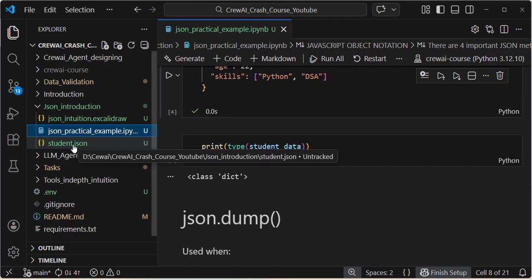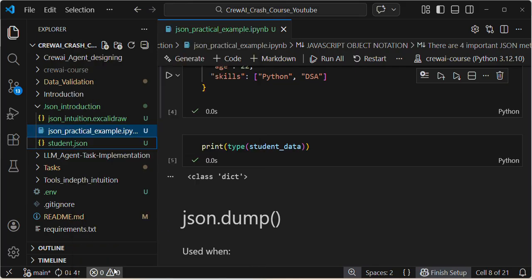I already have the student.json. I delete this file. Okay,